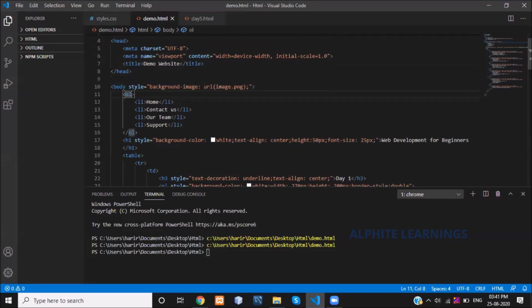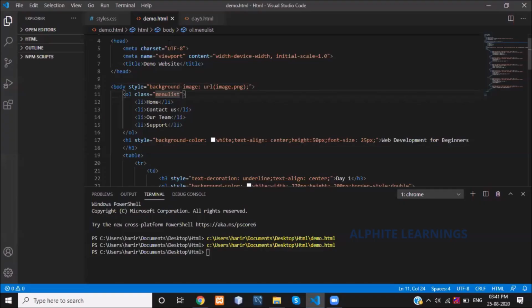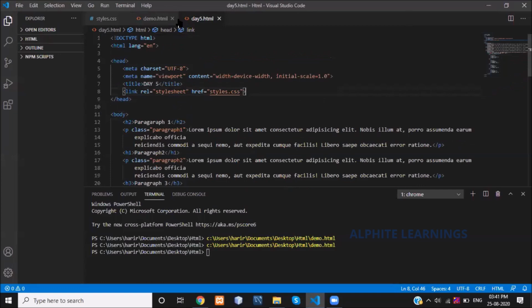For this I'm using the class menu list. It will not replicate. Why? I have not linked the file.